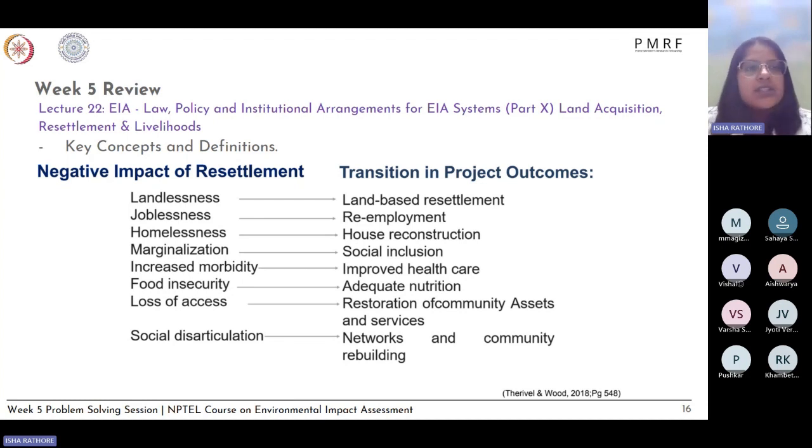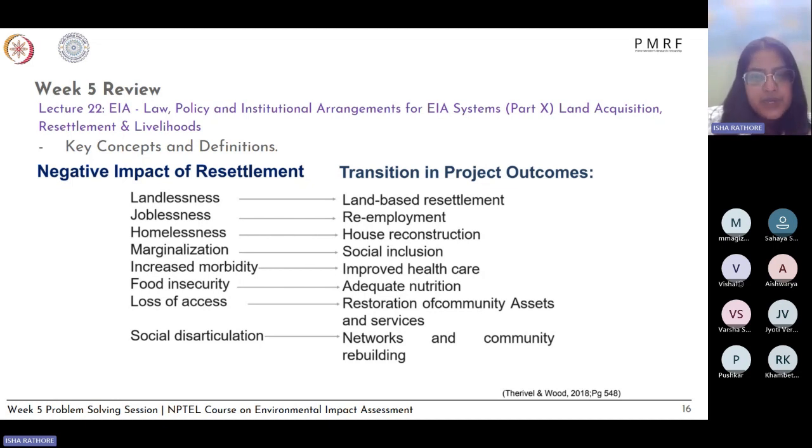That is, if this resettlement is happening, then they are being resettled in a similar community or a similar class as from what they were moved from. You can't have, let's say, a potter community moved to a city where they are finding it hard to practice, because pottery also requires access to clay, soil, and all of those things. So you need to ensure that they are being socially included in their new settings.